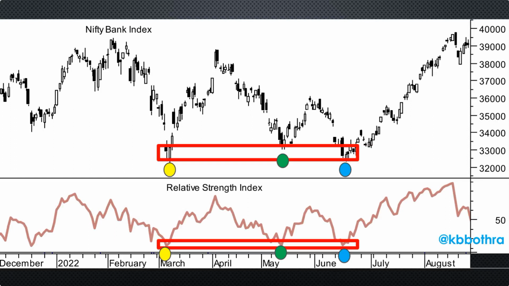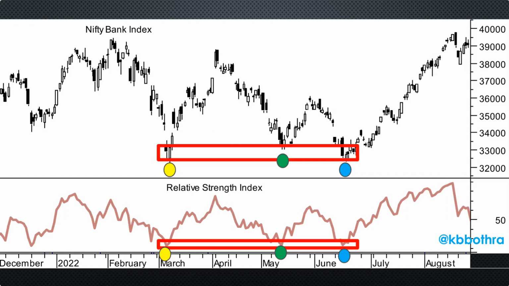This is exactly the point which I flagged off, when we came out with a contra buy on the Nifty specifically, saying that the Nifty is forming a major divergence and we could be at the cusp of a major bottom. The same pattern played out in Bank Nifty, which formed almost three consecutive lows. But the indicator, the relative strength index, the RSI, I'm sure all of you know its importance and relevance, and its significance specifically at critical or major lows for prices.